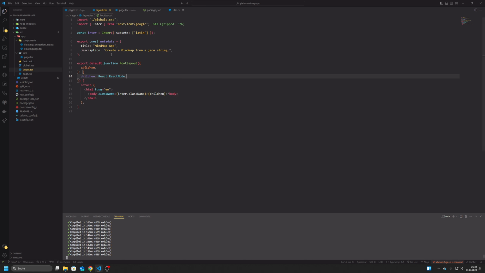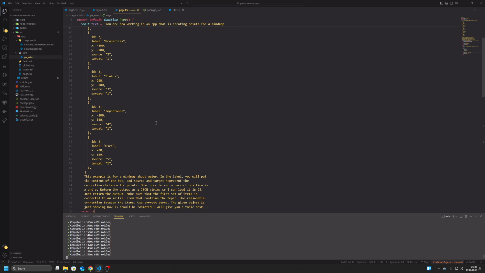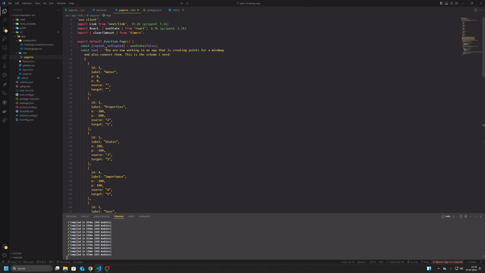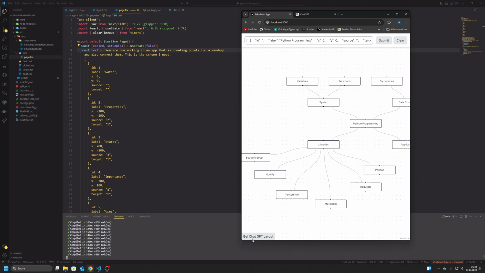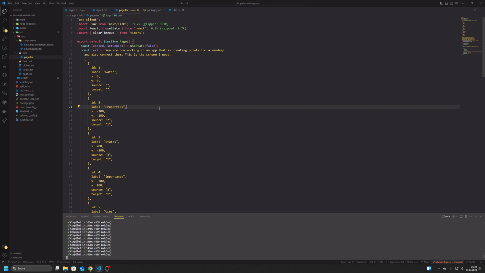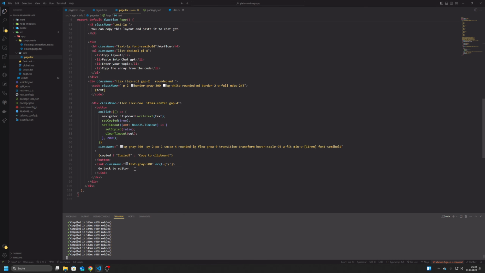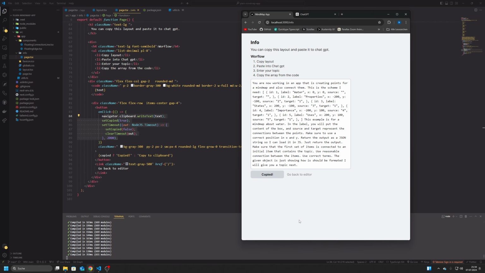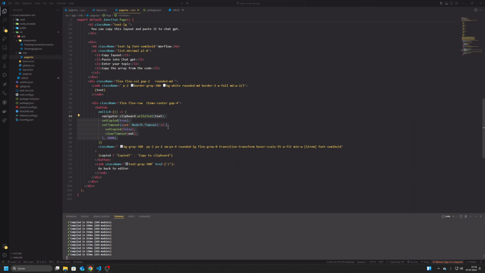I'm going to jump into the layout. There's nothing to see here. It's just the body. And we have the info page, which is containing the text, or the template, you are going to copy if you press on the copy to clipboard button. And it's just going to show that you copied it right here for a short moment. And we have a go back to editor, which is just a link. So that was everything about